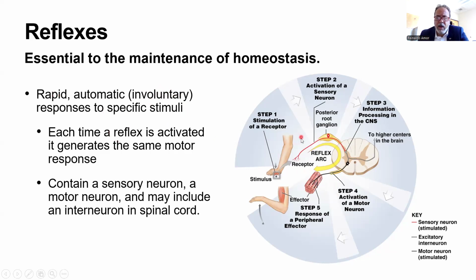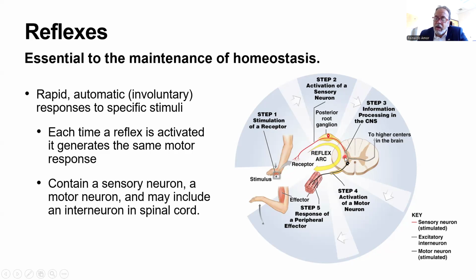Notice that there are 5 components of a reflex arc. We have a receptor that is going to pick up the stimulus, in this case a painful stimulus. That receptor is part of a sensory neuron, so you're going to have a peripheral process and a central process. This is going to carry the message, the action potential. This is somatic pain here, so it's going to be received by